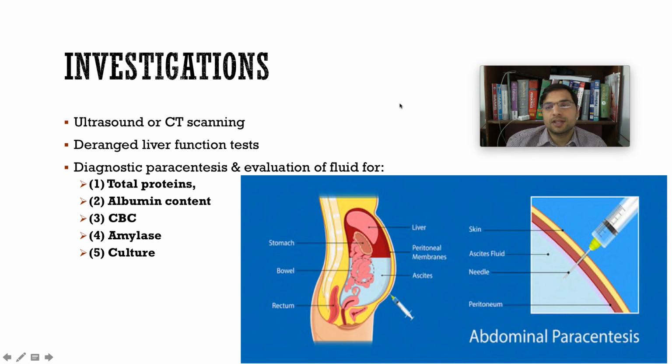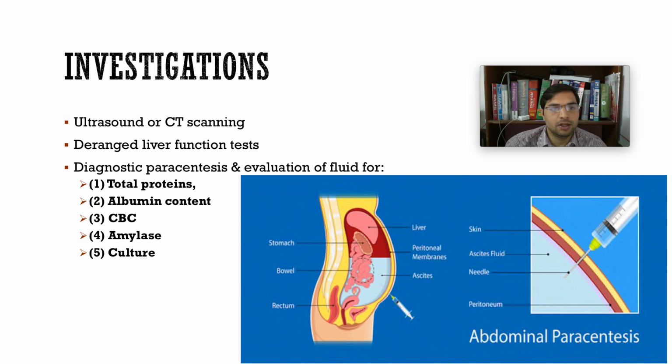The diseases which I have been taking in these lectures are very important because these patients walk into an Ayurvedic OPD very often. The patients with ascites, the patients with liver diseases, they walk very often into the clinic. So you should know about the disease first before treating them. Right. So investigations, ultrasound or CT scanning tells us about the exact amount of fluid in the peritoneal cavity. The liver function test will be deranged because the prime cause of ascites is